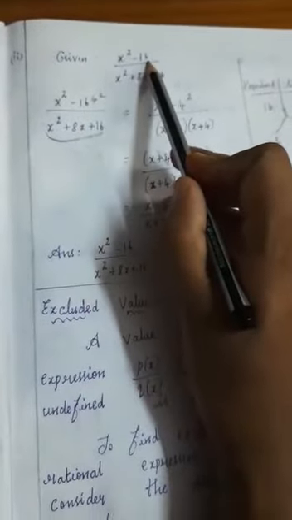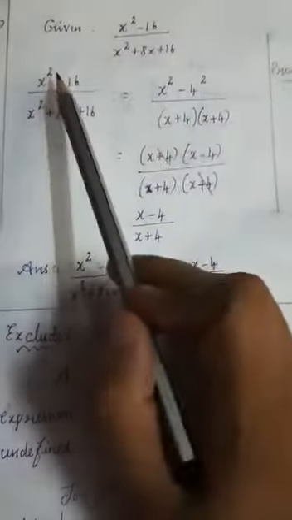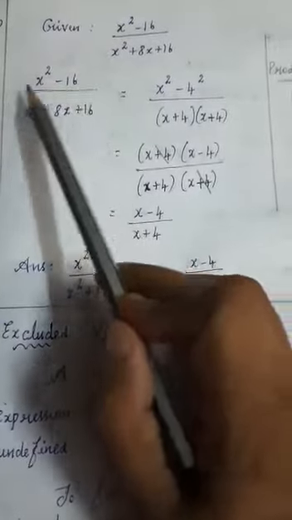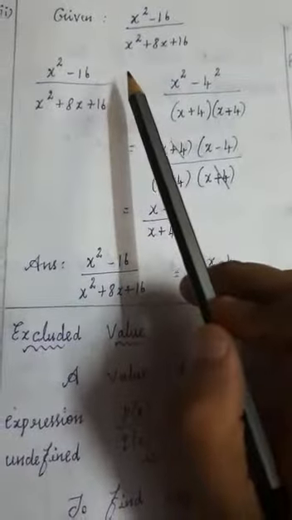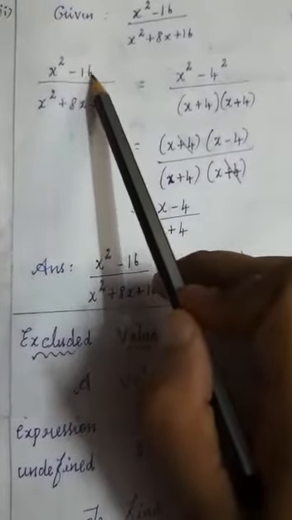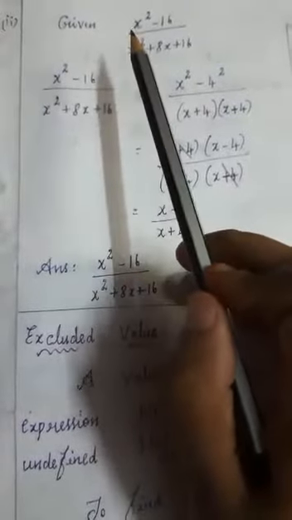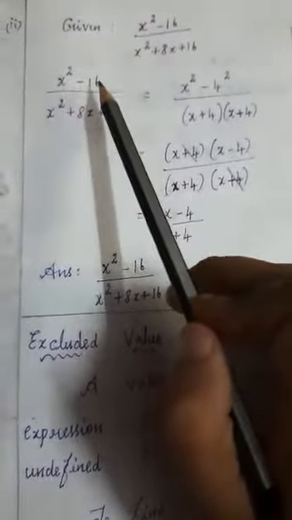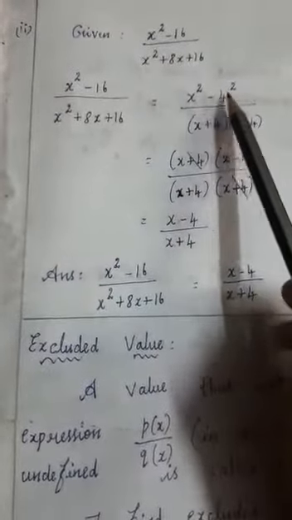Okay. Now see the second question. Given x square minus 16 divided by x square plus 8x plus 16. Now write that question again. The first step is to factorize. Now see here, x square minus 16, can you make the square or not? Yes. 16, which same number if you multiply by itself gives 16? 1 square is 1, 2 square is 4, 3 square is 9, 4 square is 16. 4 into 4, that is 16. So instead of 16 can you write 4 square? So the numerator first you have to write x square minus 4 square.